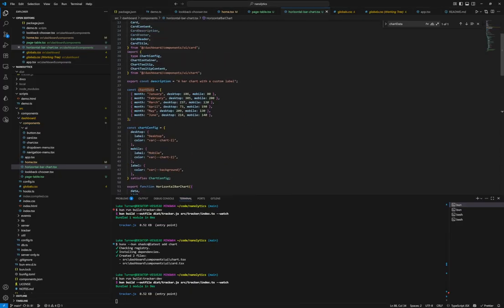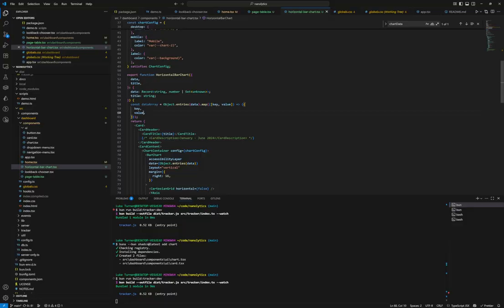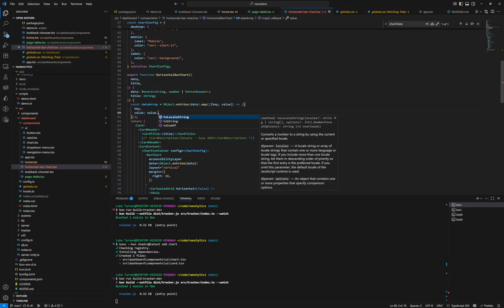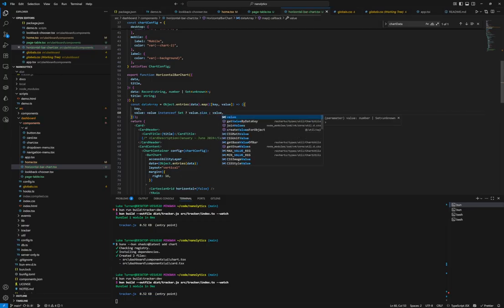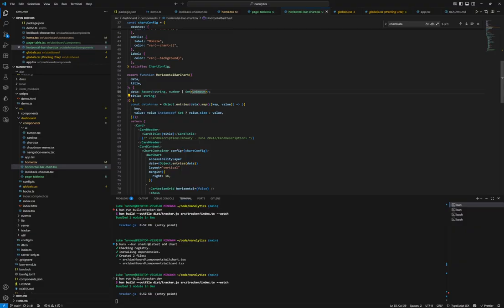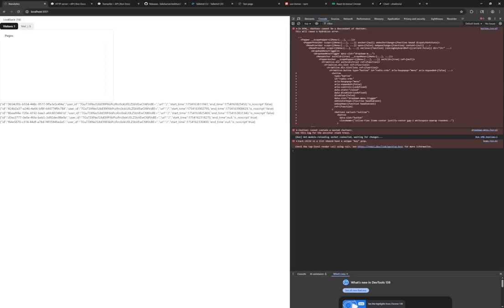Still not happy though. Oh, right. The value has to be value dot, or like type of value, or no. Is there like a set.isSet thing? No. So it would be value instance of set value.size, otherwise value. Right? Because we've said it could be a number or a set here. Now with that,